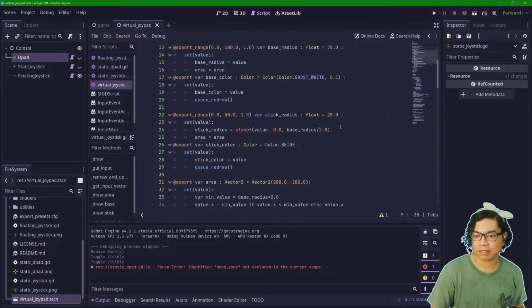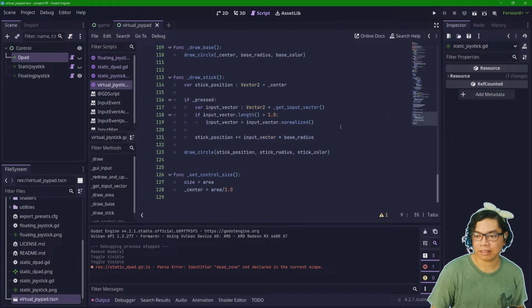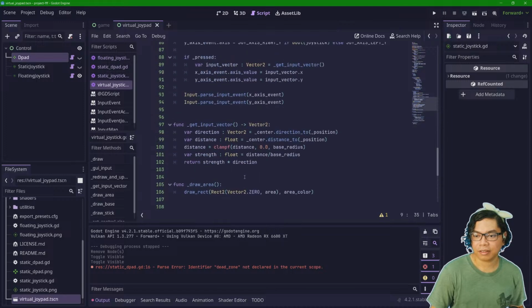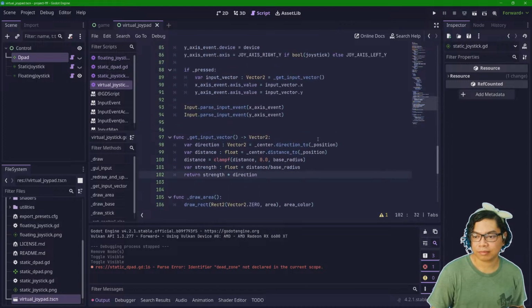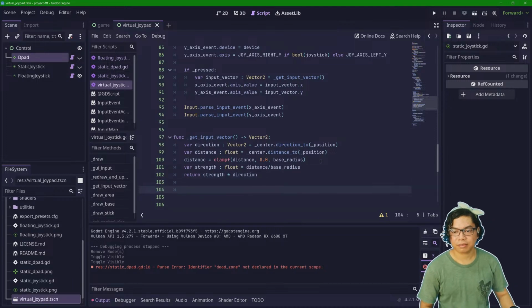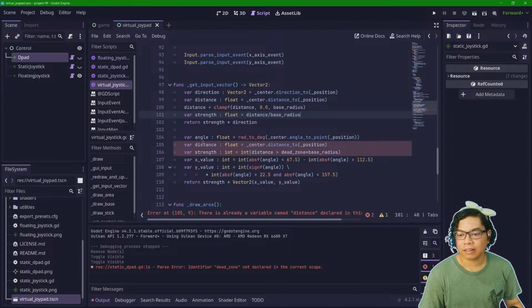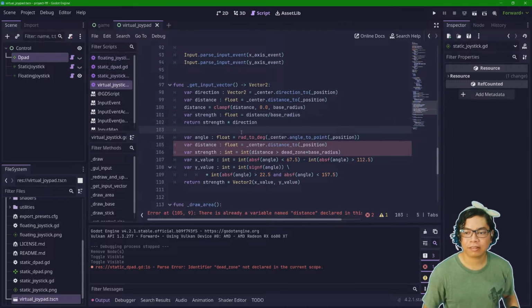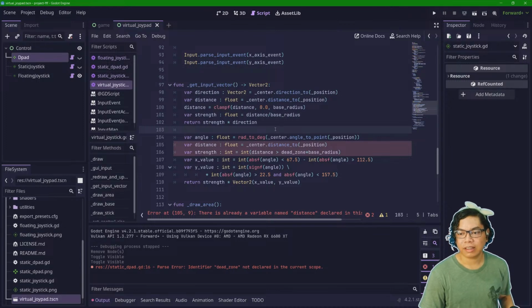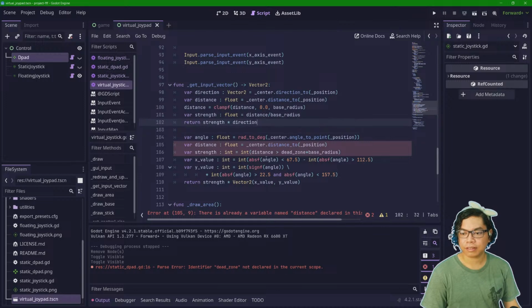Floating does something. Then we just put it down here just so that I can look at things. Okay, so if snapped, do whatever, strength times